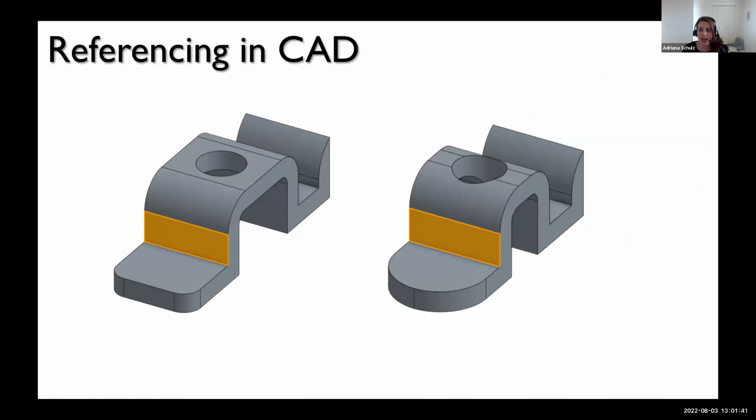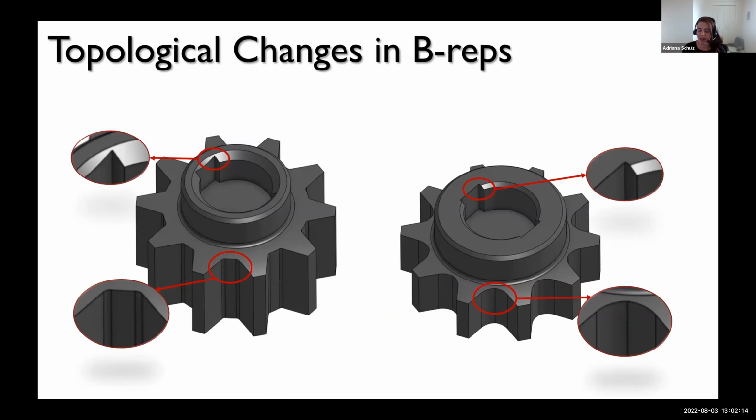And what we notice is that Onshape actually does part of the job for us. Since these are models that were designed with the same parametric history, Onshape keeps track of references across this design's variations. So what we do is we basically use features. We develop some programs in FeatureScript language that query these references for us and expose them. And of course, we can have some sort of topological variations as long as the overall topology of the shape doesn't change, but the topology of the BREP can change.